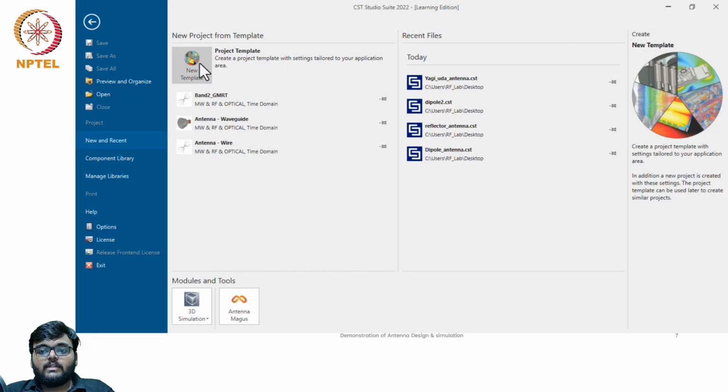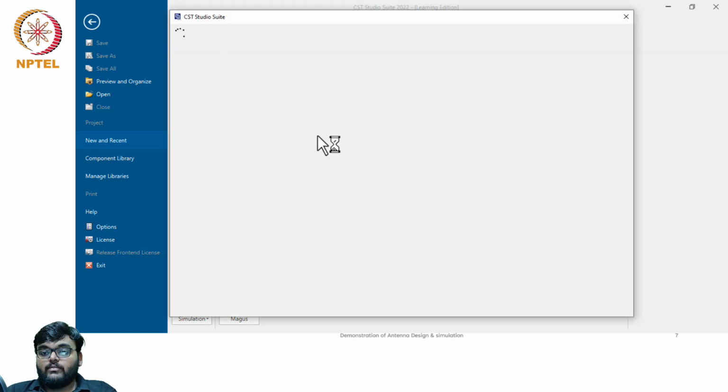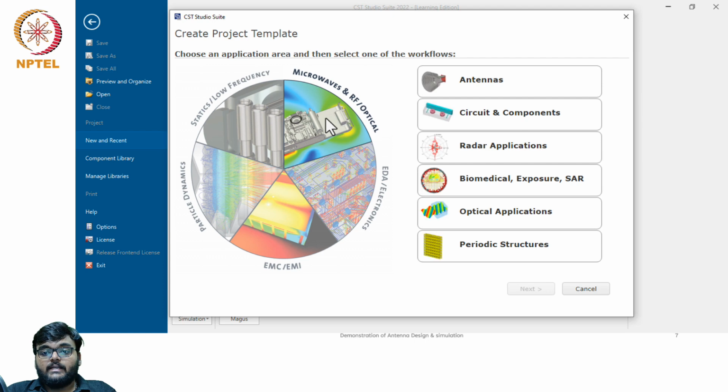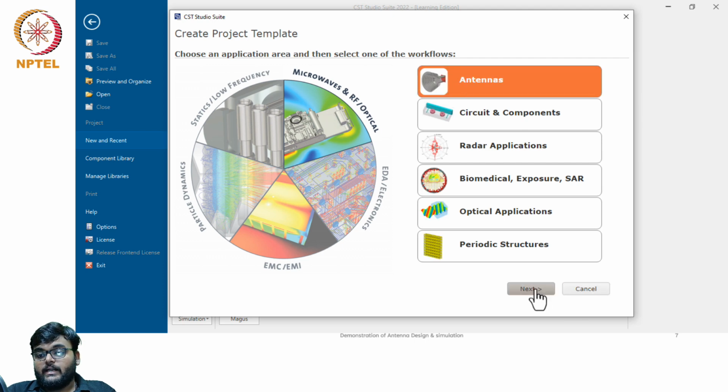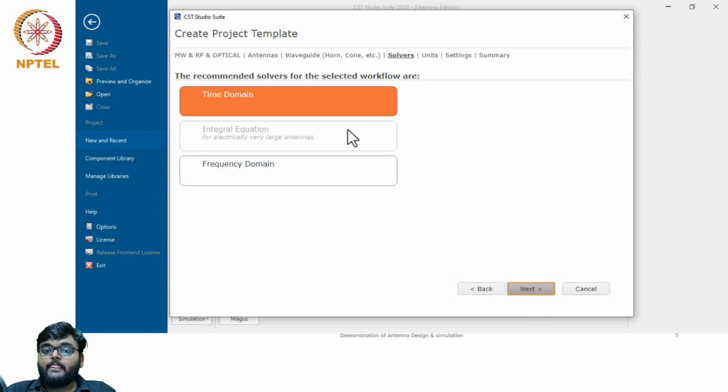So now for this we need to create a new template. In the new template, if you remember correctly, a reflector antenna is a kind of aperture antenna. So we have to select the horn waveguide type of system. If we click here and then Antennas, go next, and then Waveguide Horn Cone, this one. Now we have to choose time domain,